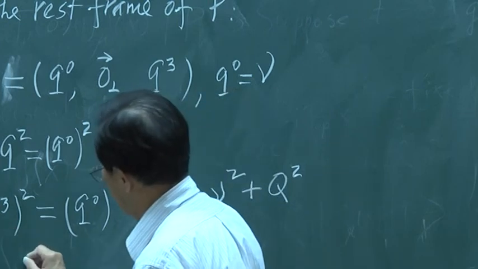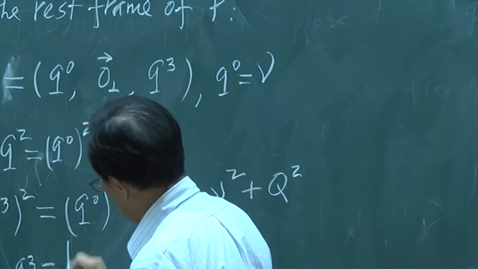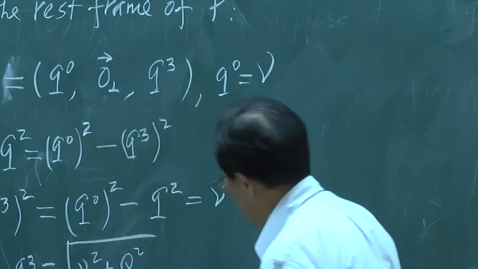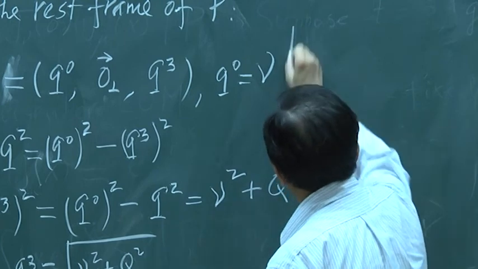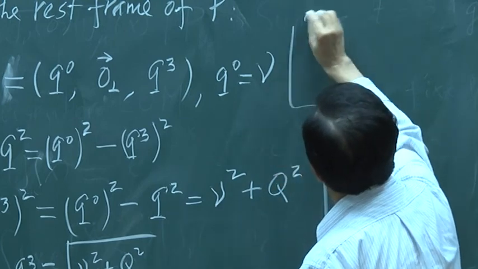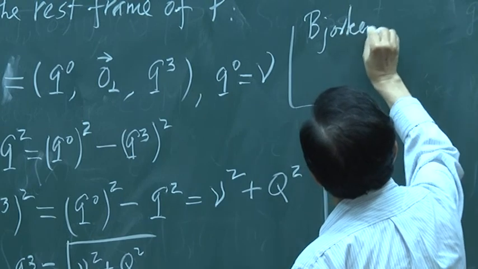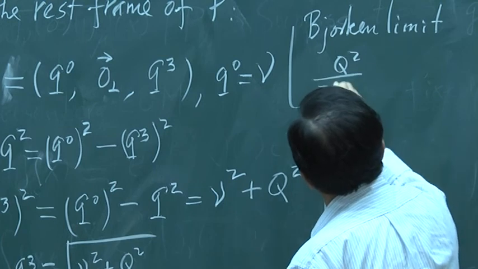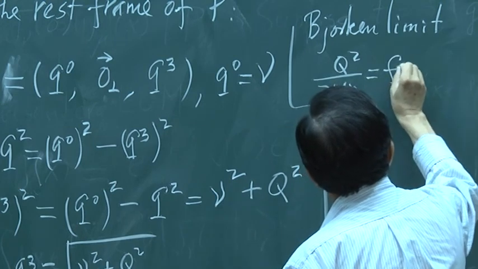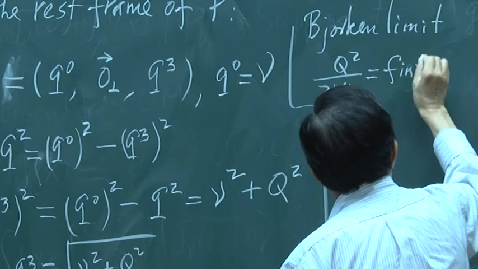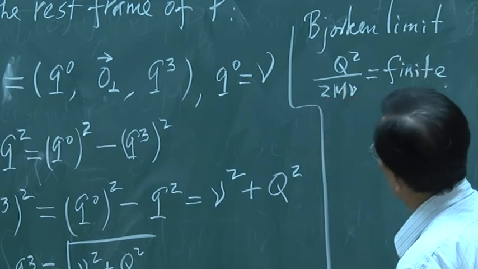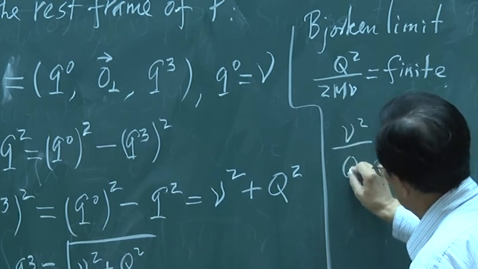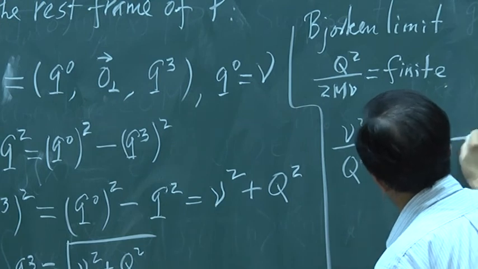So we can get Q3 equal to the square root of Q mu squared plus Q squared. And then you know that in the Bjorken limit, Q squared over 2 mu is finite. It's finite. So mu squared over Q squared is equal to what? Is equal to